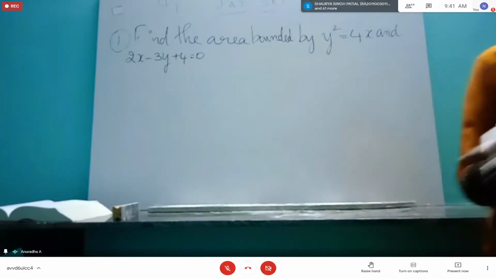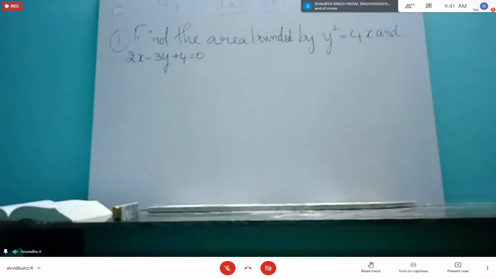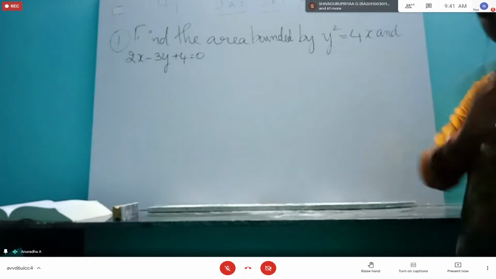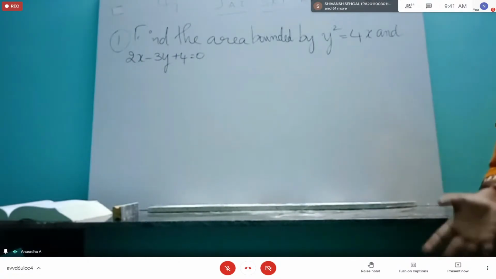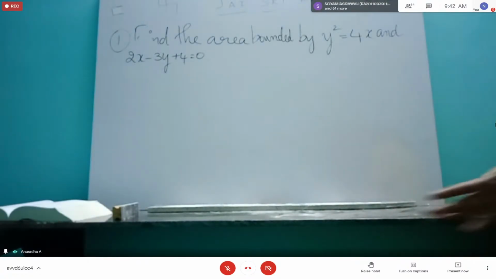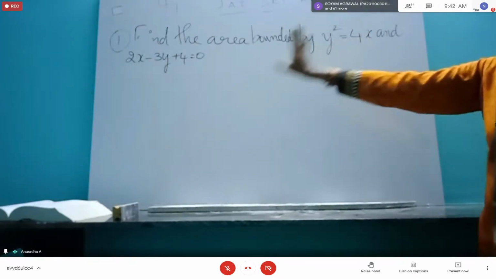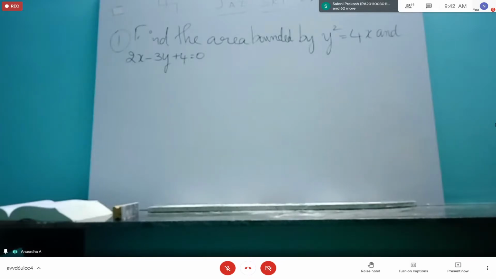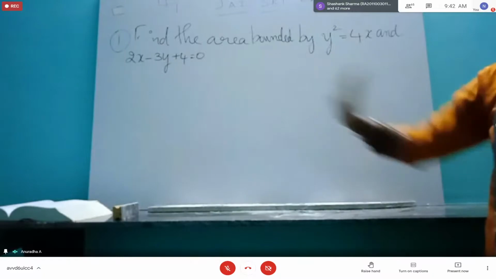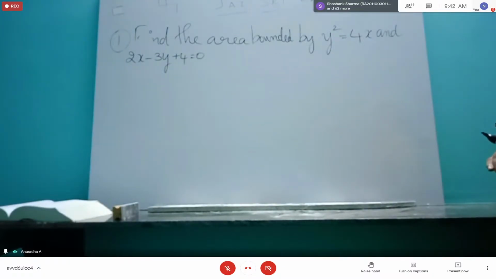In another author Balaji's book also the same model is given, and in another standard book, Singaravelu. Most of the important standard books followed by Tamil Nadu universities have this format: one parabola, one straight line. So this is a very important sum. Please learn the methodology, don't learn the sum by heart, because exactly the same sum will not come. They may give small changes.